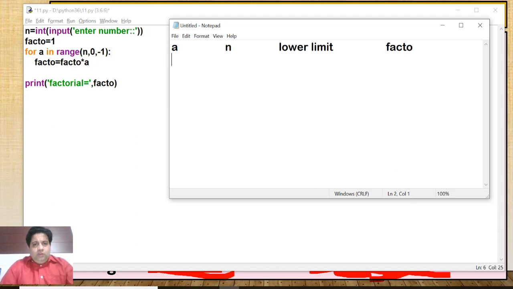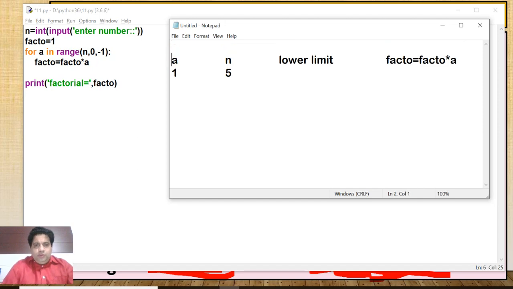Now here I am writing facto equal to facto into a. Now a is 1, n is, suppose, n equal to 5. Now the lower limit is 0. So here the loop runs from n, so n is 5, it is not equal to the lower limit, so facto equal to facto into a. Now facto is 1, and what is a? Sorry, here a is equal to n. Here I don't have to write n.